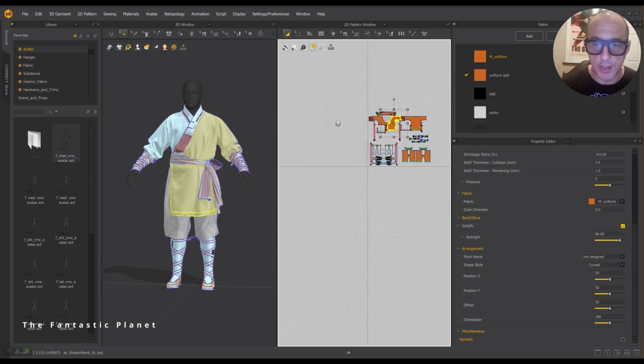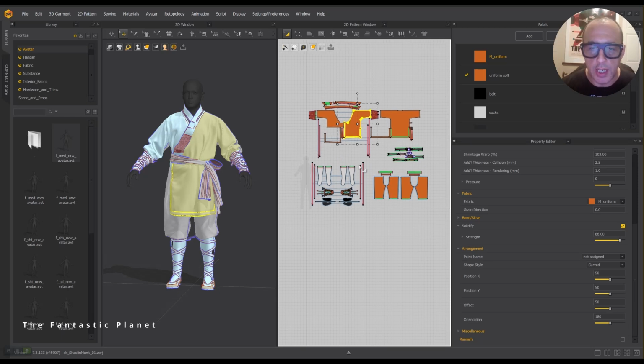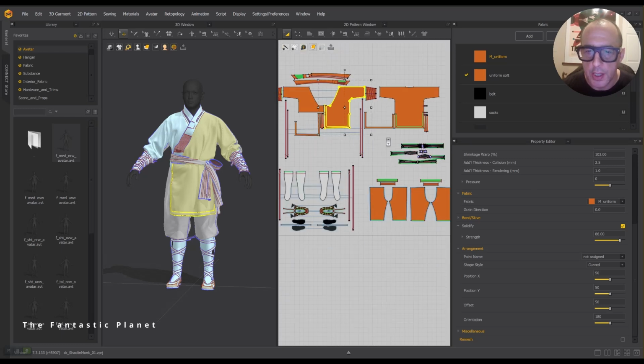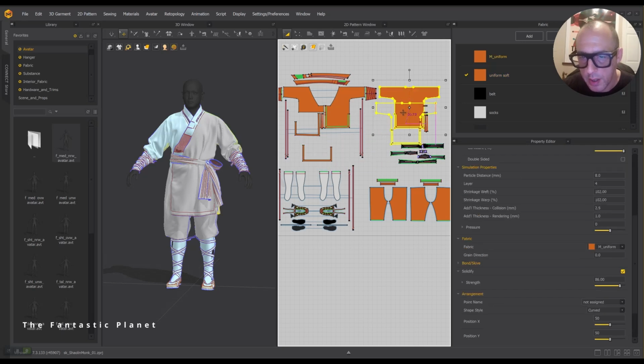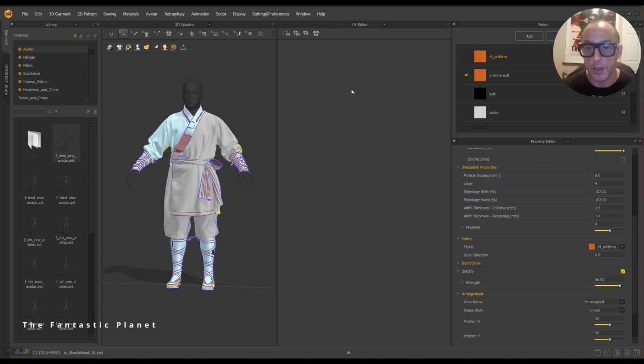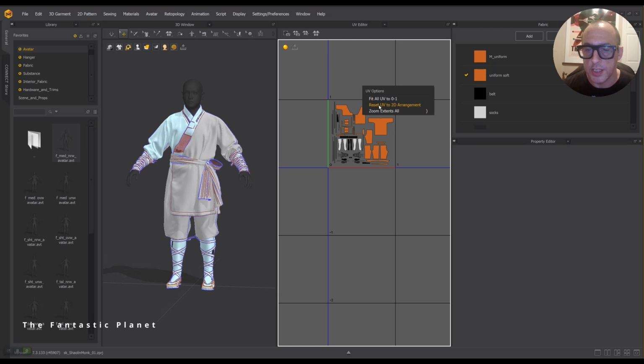One of the main things I did was remove a few extra bits and pieces that I feel might be too much for Unreal. I also rearranged the patterns so that they were more in a square shape. What that helps us do is, when we're changing our UVs, you can go Fit to Reset to 2D Arrangement. When you do that, it will